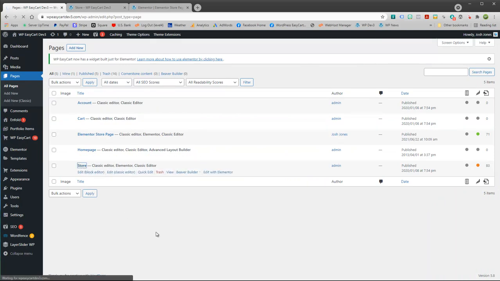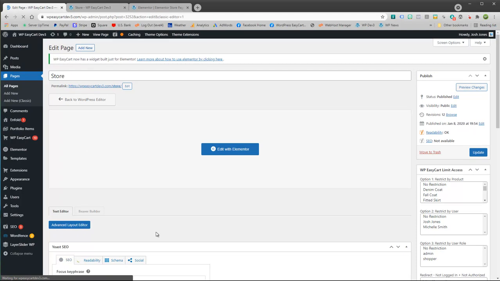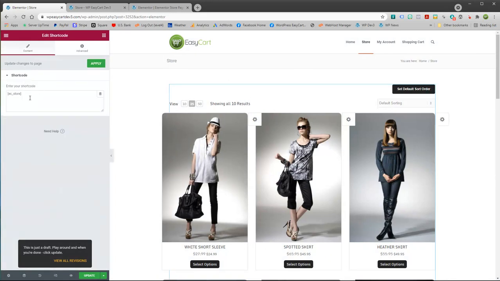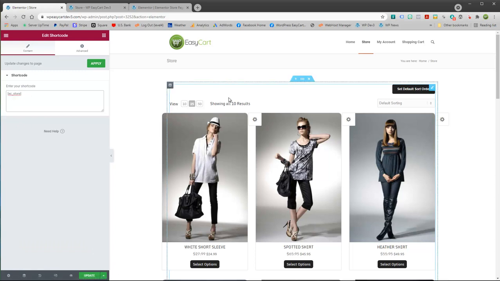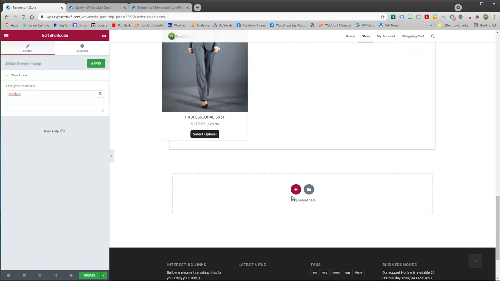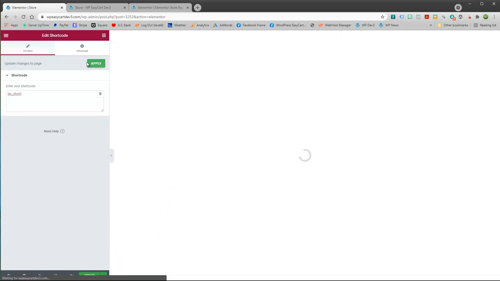And if you open up one of these pages, let's just take a look at the store page, for example, and let's go ahead and edit this with Elementor since we're specifically looking at that component. And you'll notice that when it loads, the store page is actually going to be shortcode. It's just going to have EC_store, and if we look at that module, you'll need to make sure that if you were going to add that or it didn't get added, you need to make sure that it is in just the